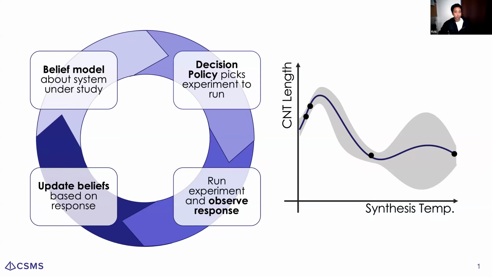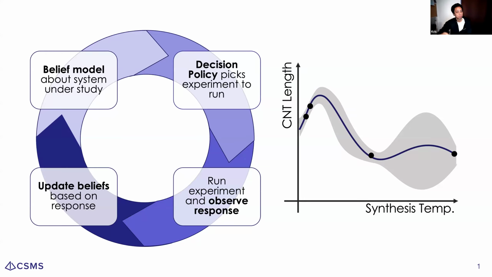And a good policy doesn't pick either of the extremes, doesn't say do this one because we predict it to do well, or do this experiment because there's a lot of uncertainty, but it usually picks something in the middle. An experiment that, according to our model, is decently performing, but there's still uncertainty, so there'd be value in running that experiment. So I'd probably pick something over here because there's a high likelihood that it's bigger than our data, because there is still uncertainty here. Okay, so a policy picks that.